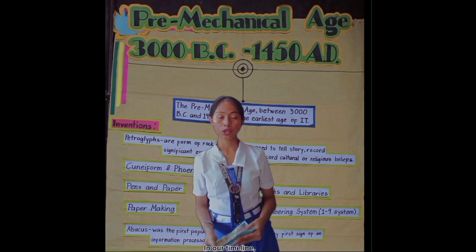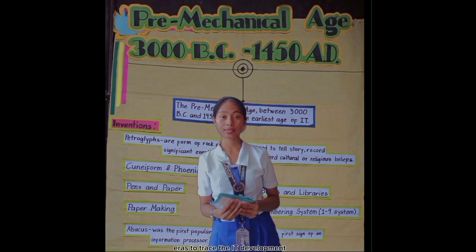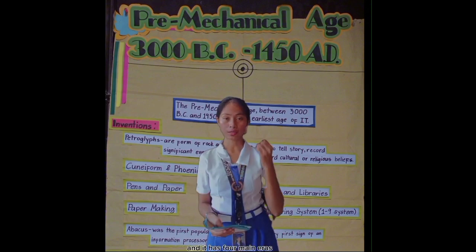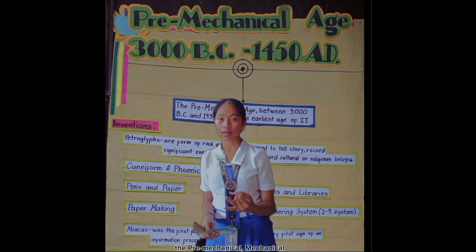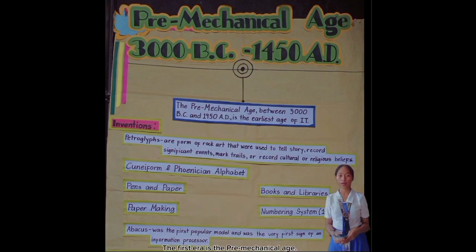In our timeline, we use periods or eras to trace the IT development, and it has four main eras: the pre-mechanical, mechanical, electromechanical, and electronic age. The first era is the pre-mechanical age. It can be defined as a time between 3000 BC and 1450 AD, and it is the earliest age of